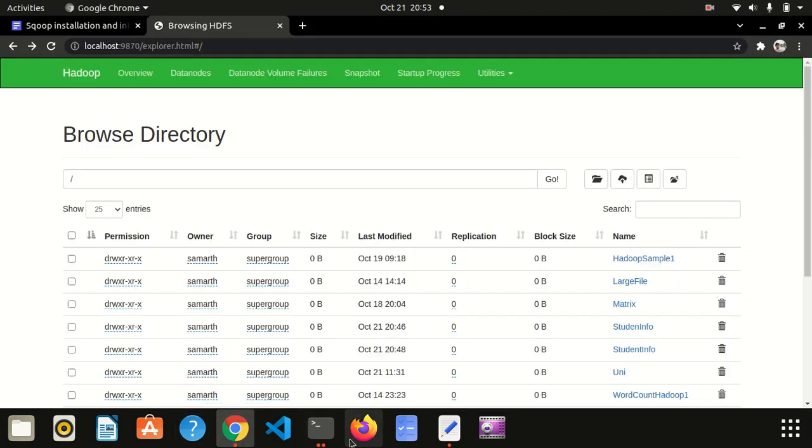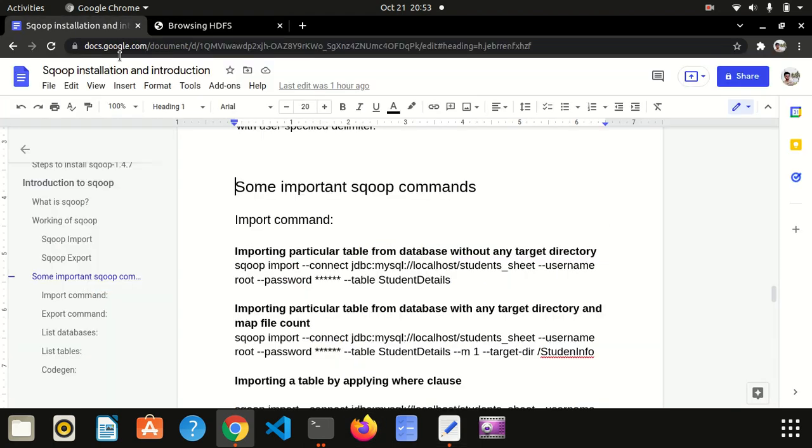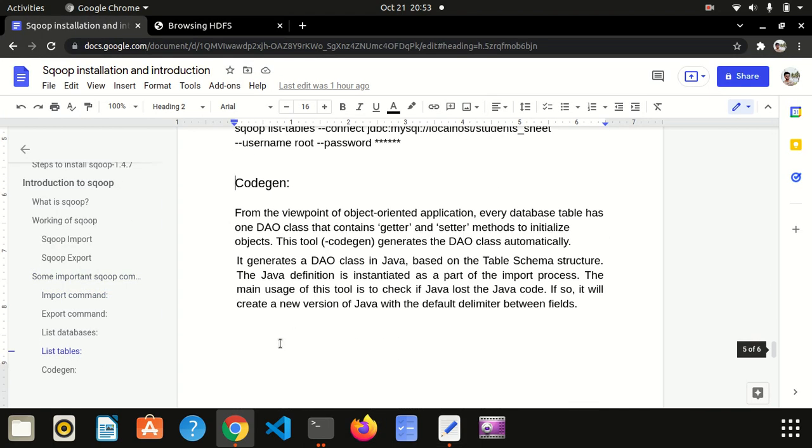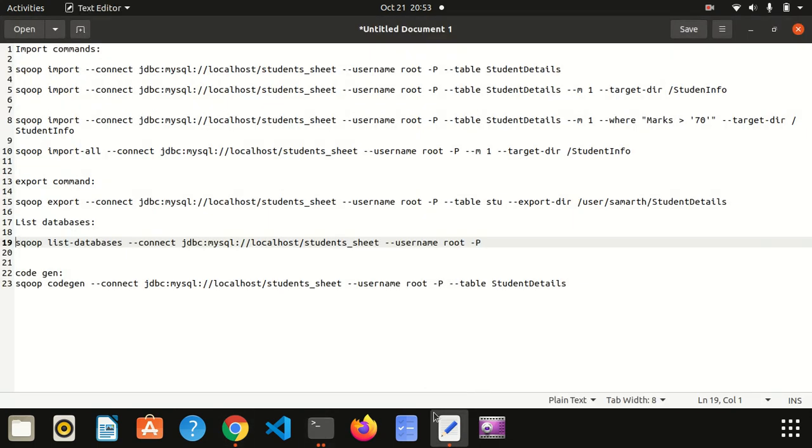The next command is codegen. What codegen does is, every table in a database will have a DAO class which will contain getters and setters. You can use the codegen command to automatically get those DAO classes. It will have the table jar and .java class. For that you can use this command, sqoop codegen, student sheet, and I want to generate the DAO class of this particular table.